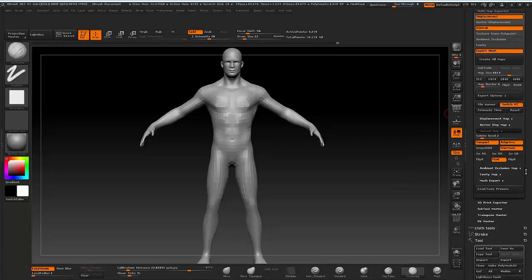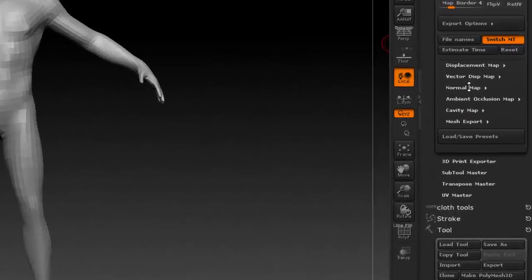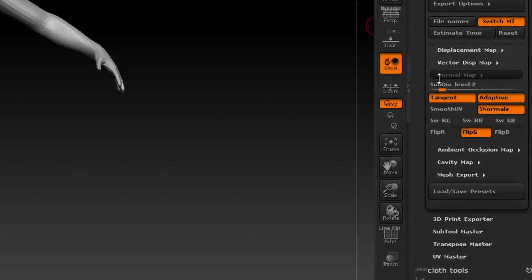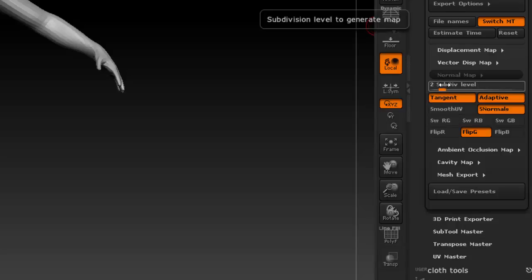Another thing to mention here that I didn't before is that in the normal map options, which I've just opened here, you can choose what sub-D level you want the normal map to be generated from. The reason you would want to choose this is because your high frequency details, like skin pores, are primarily what you want to capture in the normal map